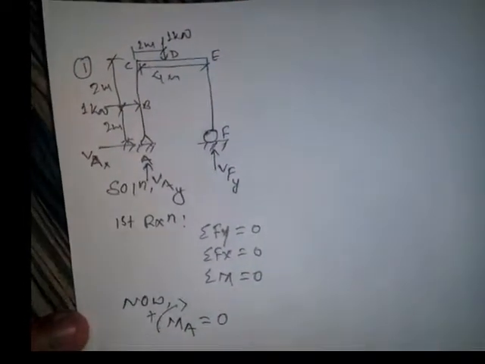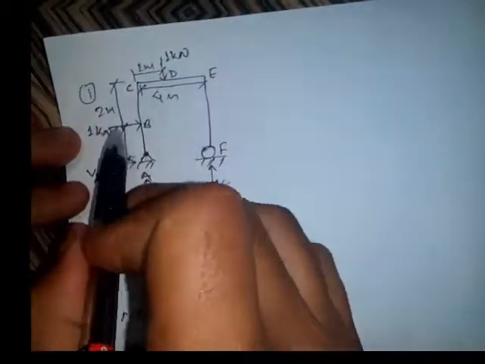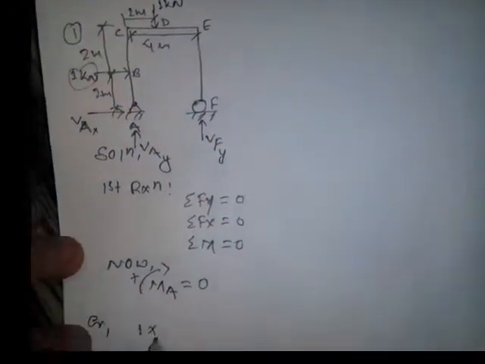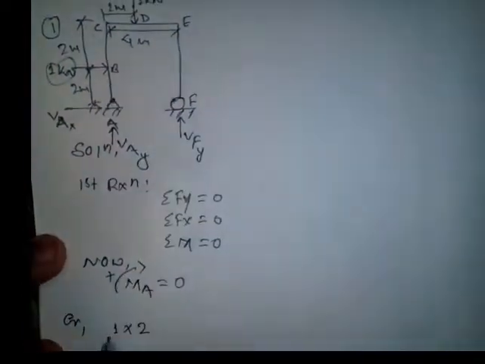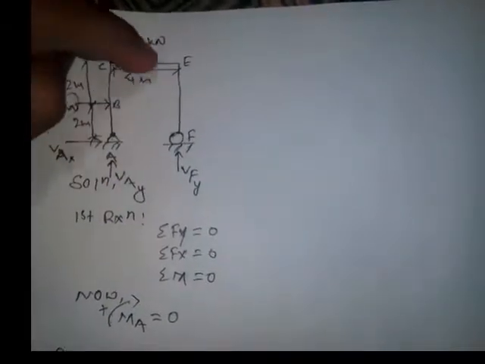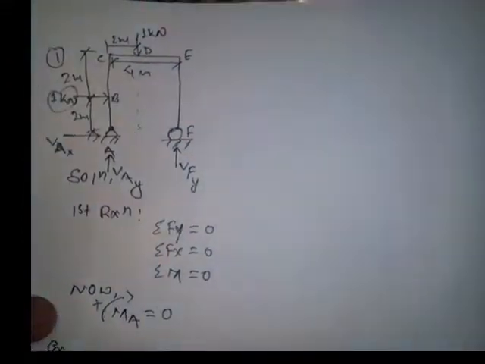Let's take clockwise positive this time. As you're taking moment about A, this 1 kilonewton will also have moment, and this 1 kilonewton will also have moment, and this reaction will also have a moment. So these three are the forces. Now let's first calculate for this: 1 into perpendicular distance 2, and from here it rotates clockwise, so it's positive. Again for this 1 kilonewton, it rotates positive and its perpendicular distance is 2 meter, so it will be plus 2